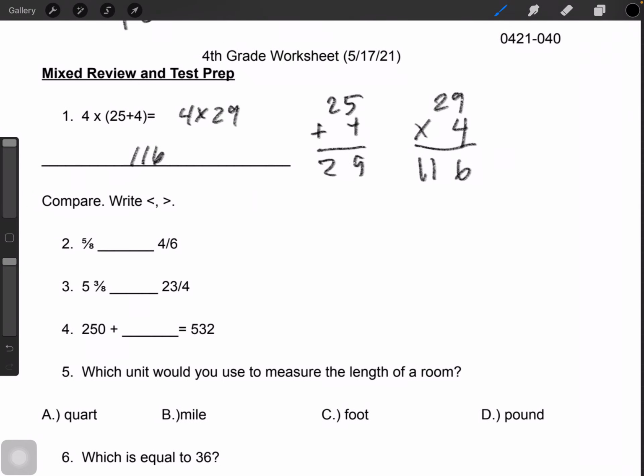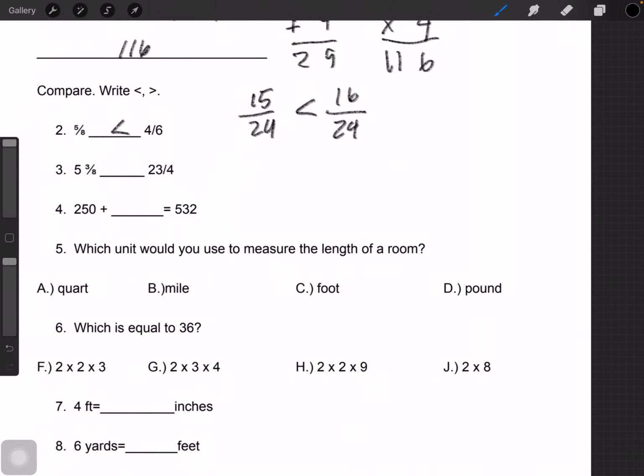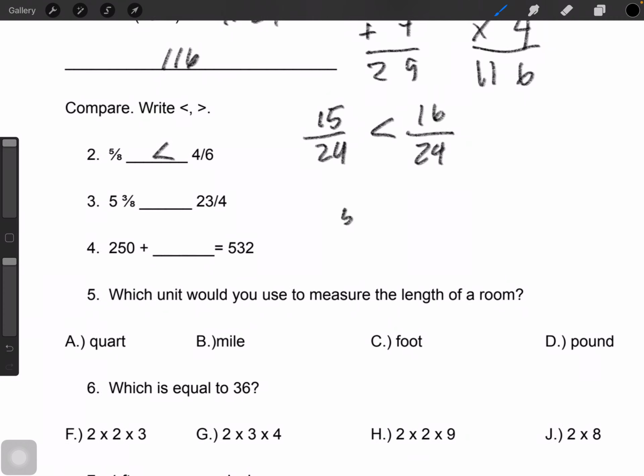Compare, write less than or greater than, 5/8 and 4/6. We look for a common denominator, or the least common denominator, and for 8 and 6 it is 24. So 8 times 3 equals 24, so 5 times 3 equals 15 over 24. 6 times 4 equals 24, so 4 times 4 equals 16 over 24. Number 3 and 4 you do the same, and then for 4 you go 532 minus 250, which gives us